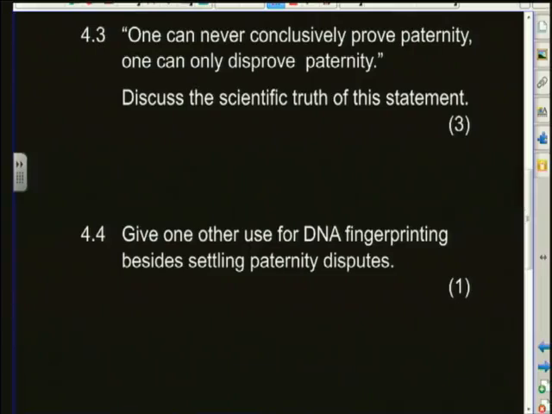Now this next question is a tricky one. It says here, one can never conclusively prove paternity. One can only disprove paternity. Oh, that's quite a difficult sentence. What do they mean about the scientific truth? Okay, what it means is you can never